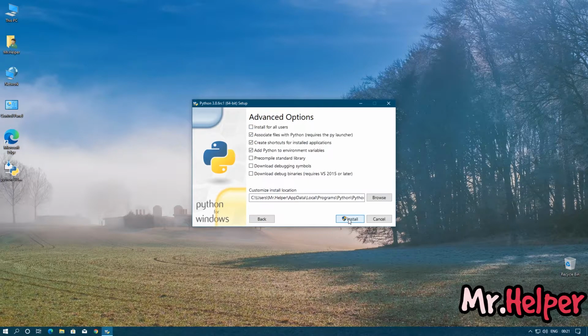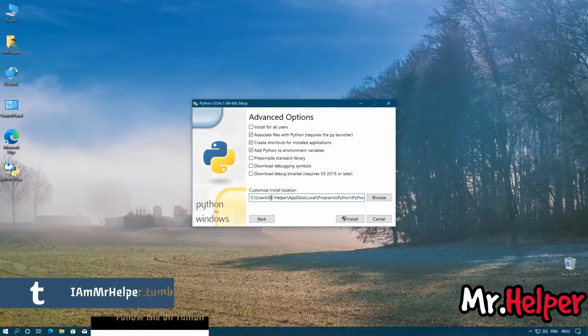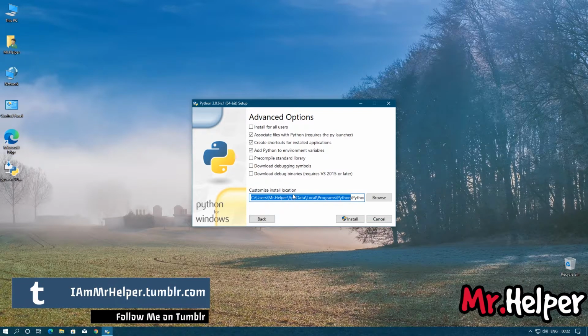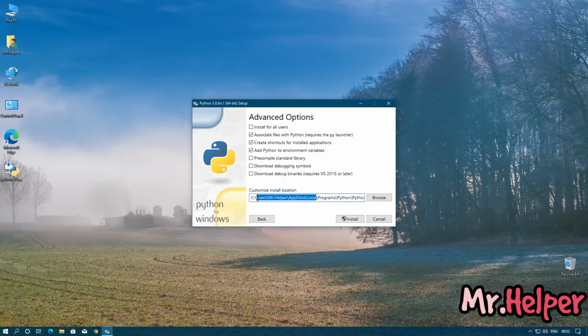Click on next. You can do the same with all of this. If you want, you can check it. Otherwise, you can leave it as it is. Now the point is, where do you want to install this Python? So I want to install this Python in my C drive, Program Files, Python folder. Let me show you where I'm installing. You can install it anywhere you want to. You can install it in your D drive or any other drive if you have any. Okay, now after selecting the location, click on install.